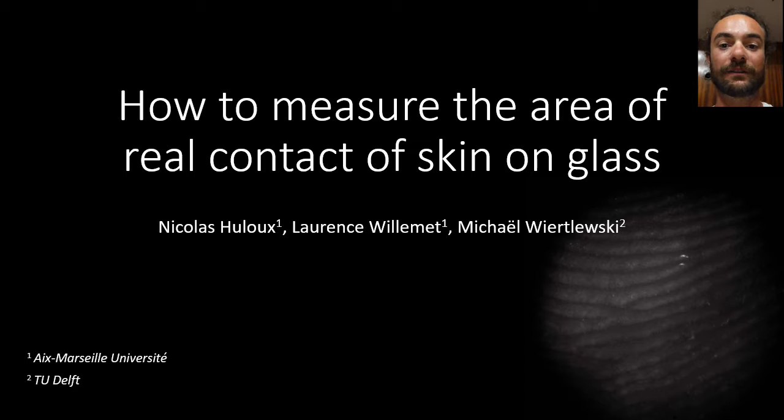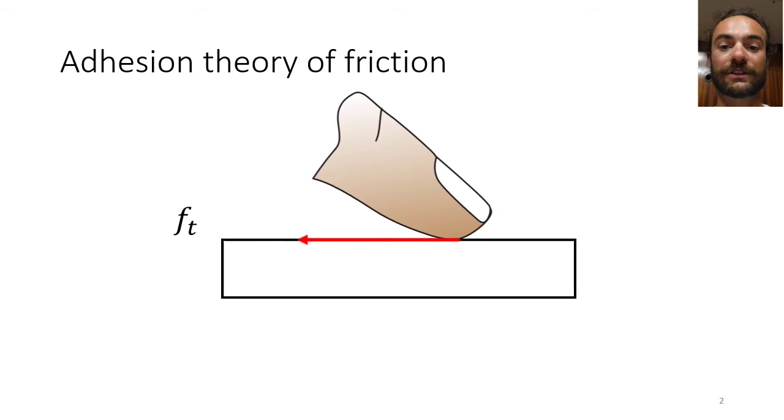The answer is that the real contact area made by the collection of the small contacting asperities is what underpins the frictional force felt by the user. And as you might know, humans are pretty sensitive to changes in frictional force, and modulating the frictional force is also a great way to produce sensation on a glass surface. Bowden and Tabor show that the frictional force is proportional to the real area of contact. So for all these reasons, measuring the contact area is a good way to assess the frictional force even before